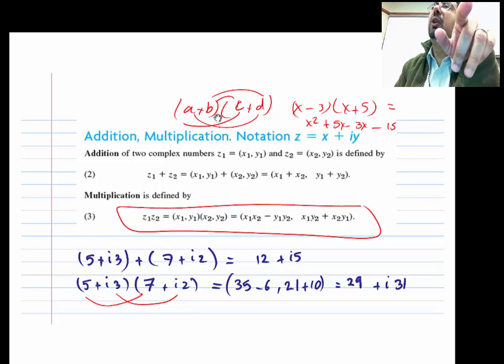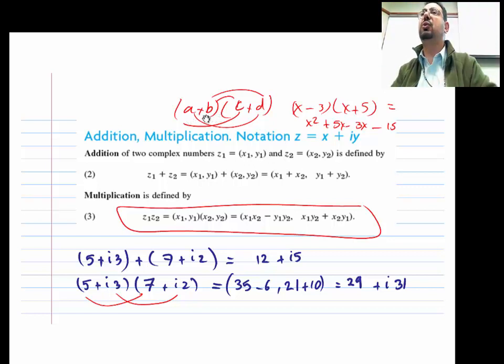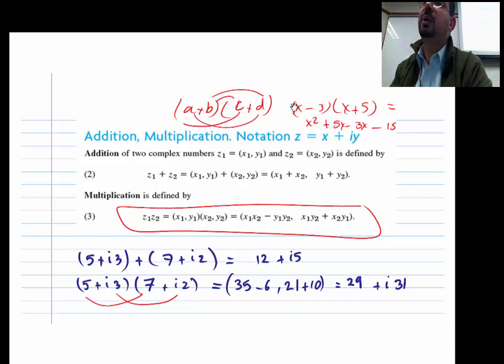Multiplying two complex numbers. I'm trying to remind you, when you multiply two brackets, how do you do that? It's AC plus BD plus BC plus AD. Right? Like this, x squared, minus 3 and 5, and minus 3x and plus 5x. You all know that. So now the trick is that when we multiply two complex numbers,